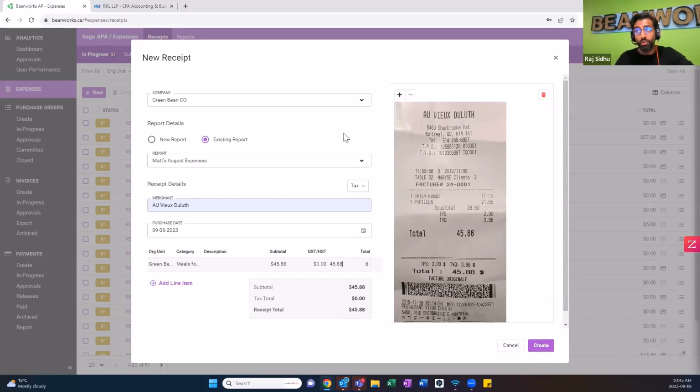Now, if your employees are on the go, they can also take a picture of this on their mobile app and tie it to the report. They don't need to fill out these details right then and there, but best practice is to fill it out right then and there so you can save time when it comes to month end. So once you hit create,